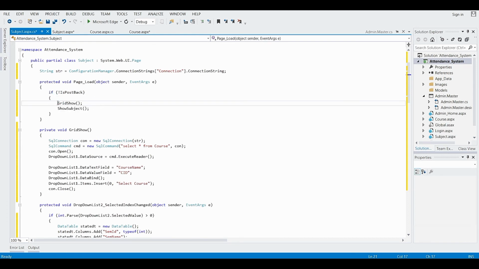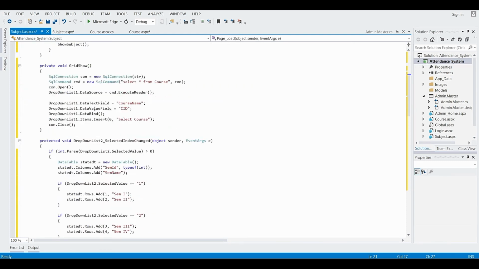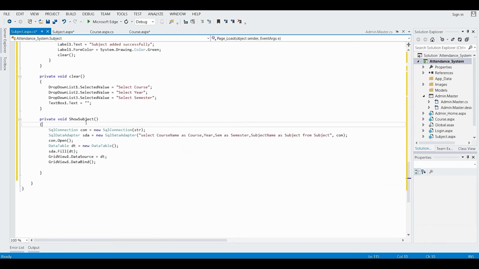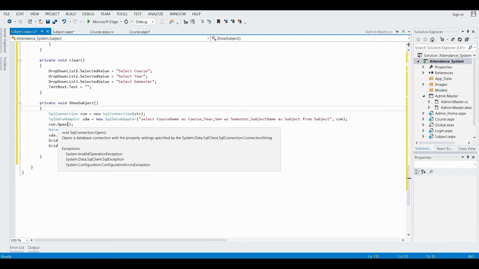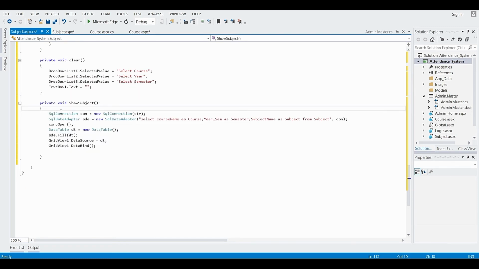So here after GridShow, the next is the ShowSubject function. In the subject function, here we have taken the SqlConnection and SqlDataAdapter class.